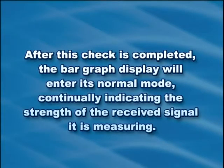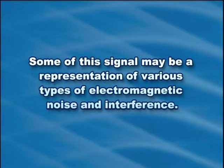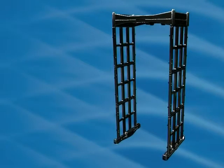After this check is completed, the bar graph display will enter its normal mode, continually indicating the strength of the received signal it is measuring. Some of this signal may be a representation of various types of electromagnetic noise and interference. During the self-check, the multicolored triple-zone alarm indicator LEDs, as well as the 2 multicolored ready indicator LEDs, will glow